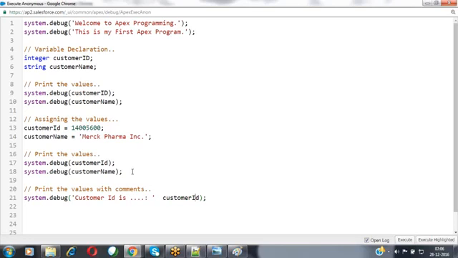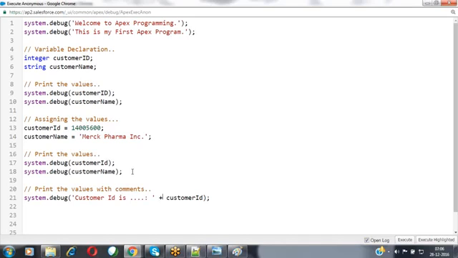Now this is a numerical value and this is a string value. Then how can we concatenate these two? By using an operator called the plus operator. In yesterday's session, we discussed that whenever you place the plus operator between two numerical values, it performs the addition operation. If you place the plus operator between two different types of variables, it performs concatenation. So here I'm using the concatenation operator called plus.